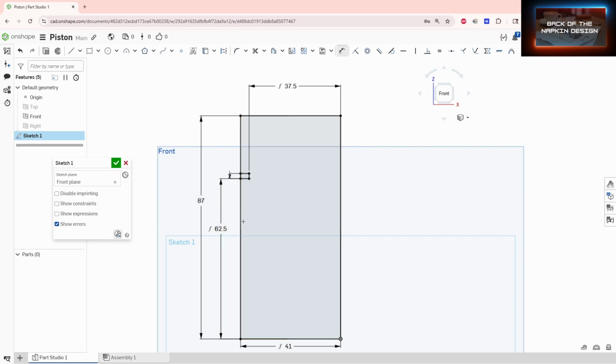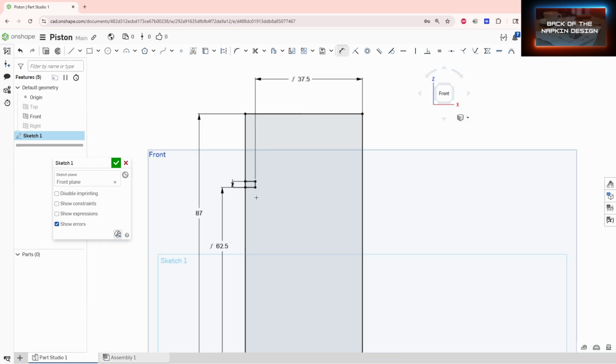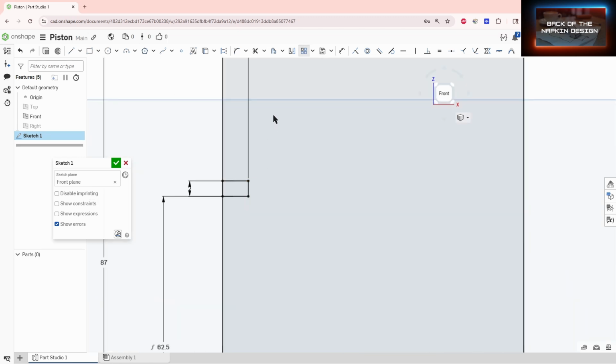Okay, and now we want to copy this shape and move it up 2 more times. So let's do an instance, a linear pattern. We're going to click on this, this, and this, and we're going to move it here. We're going to flip it over here. There we go. And we're going to grab this number right here, and we're going to go with, this is